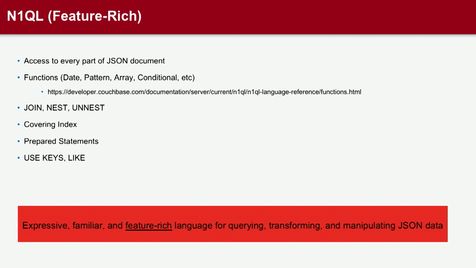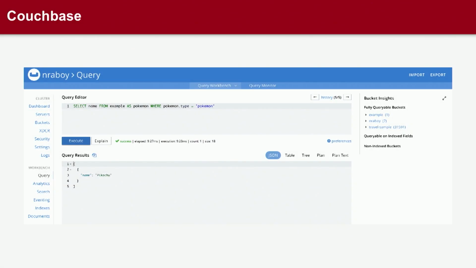In a more realistic scenario, this is more related to our data. In this case, we would say we want to select the name of the Pokemon from our bucket called example, where the type property inside of those documents equals Pokemon. Because in one of the previous slides, and I know it was very small, there was a type property as far as the data goes, and that's how we're able to index this data. So if we ran this, and maybe I had one item in the database, it returns the name instead. Now to use that in Go,